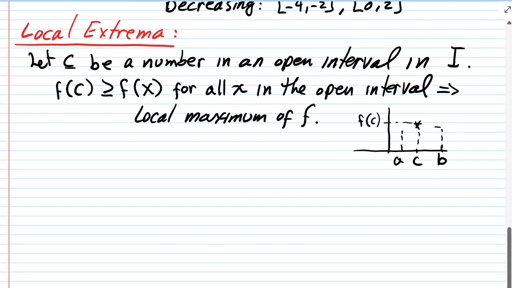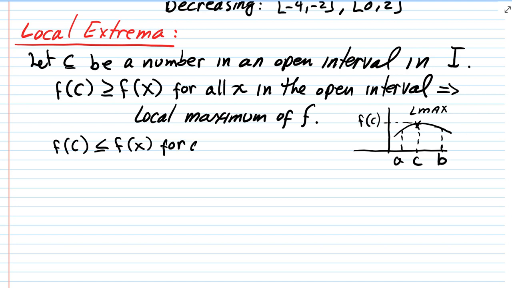Okay, and don't worry, I'll bring it back on there. So that's the definition of a local max, L max for short. Okay, now if f at c is less than or equal to f of x, and that would be again for all x in the open interval,